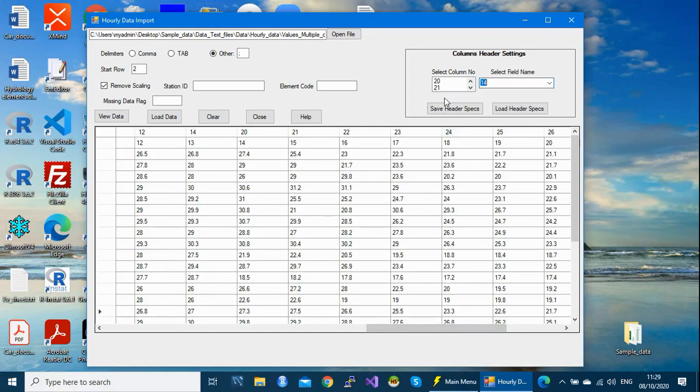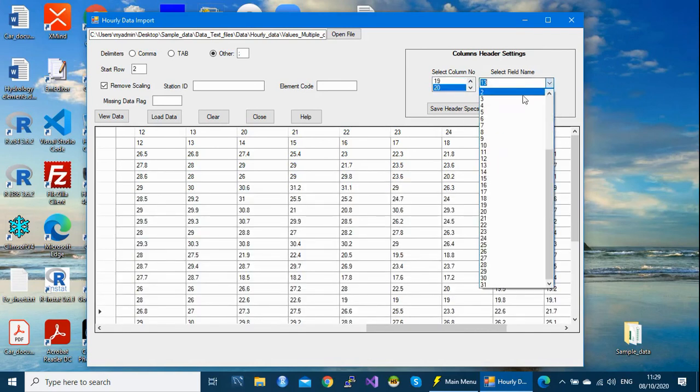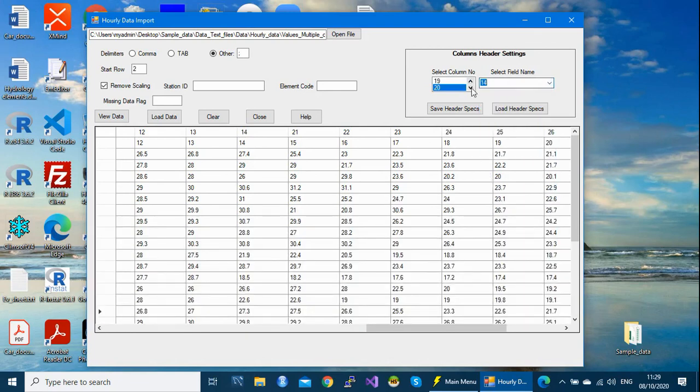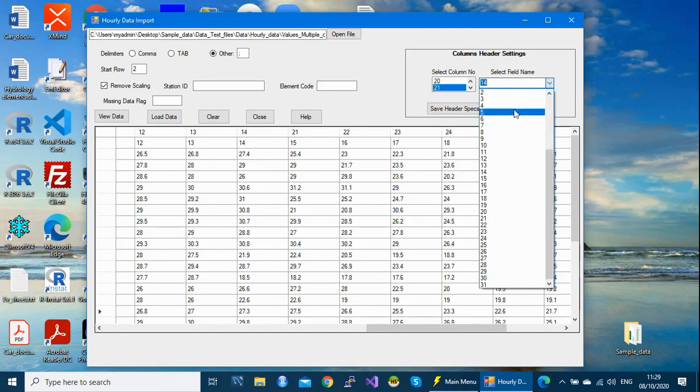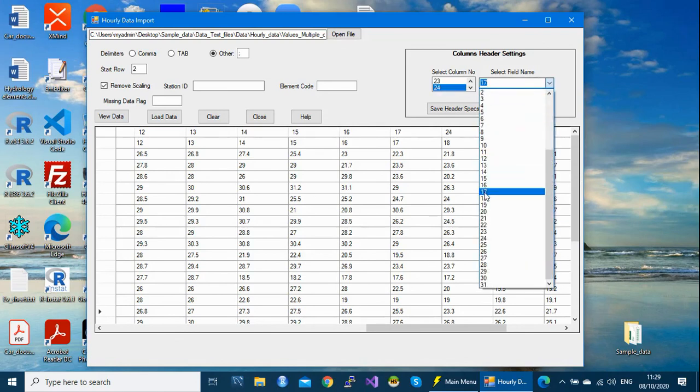So 19 was 13. 20 is 14. 21 is 15. 22, 16. 23, 17. 24, 18.